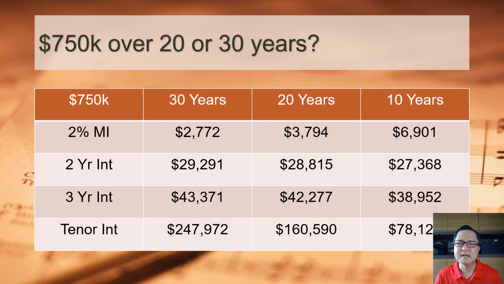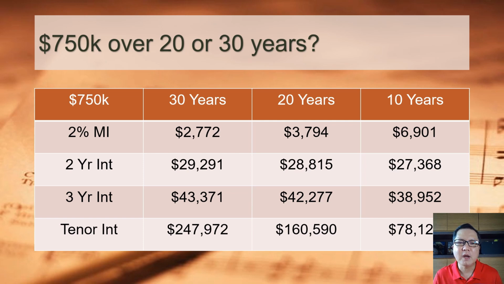Let's answer the most important question. How much interest do I actually pay for the entire loan tenure? So this table gives you a breakdown of how much you pay on the monthly level, over 2 years, over 3 years, and the entire loan tenure, if you were to select a loan size of $750,000 over loan tenures of 10, 20, or 30 years. Now I apologize that the table at the bottom blocks off a little of the number, but it's actually